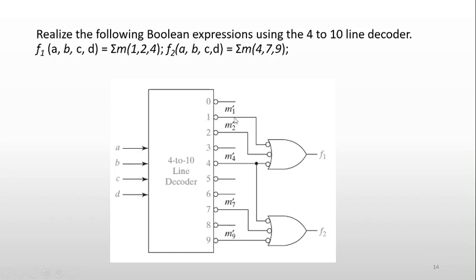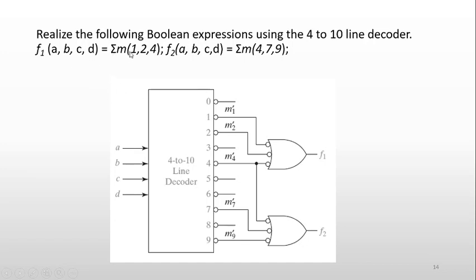So the output has to be passed through a NOT gate. Here I have represented the NOT gate using a bubble. So here I will get the output in the complemented form, that is M1 bar. When I pass it through a NOT gate I will get M1. So this bubble will eliminate the bar generated at the output stage, or complemented generated at the output stage. Then the implementation is very simple.